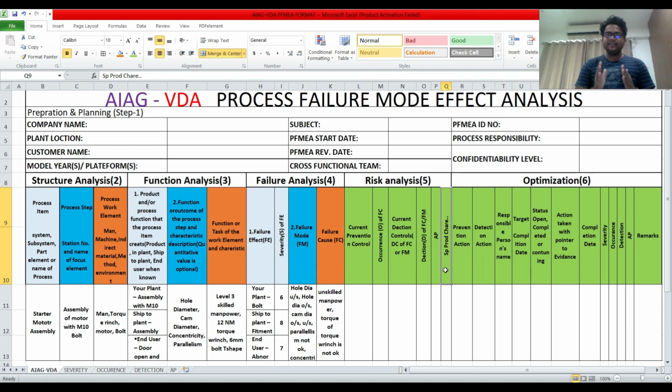When there are some special product characteristics like form, function, fit or safety, those requirements will be written in the special product characteristics. After that, prevention action. Suppose your AP is high or moderate, then whatever prevention action or detection action you have taken so that the failure cause will not be repeated in your process, you have to write here: prevention action, then detection action. Then who is going to resolve these problems or take action on this problem, their responsible person's name will be written here, and when he is going to complete the